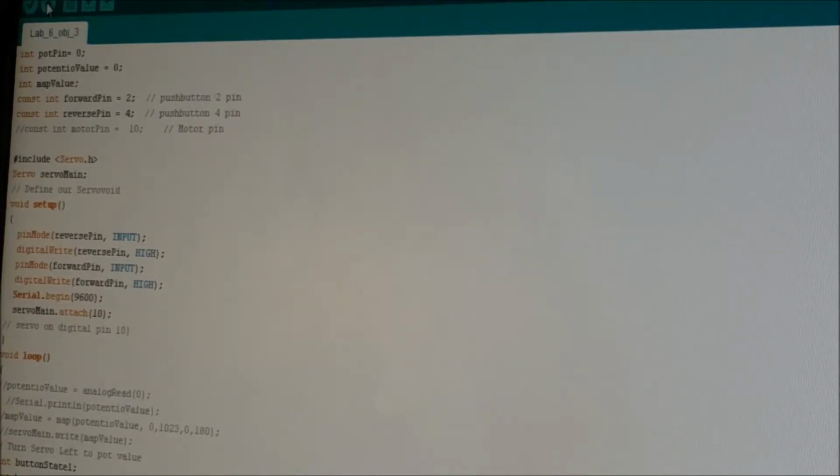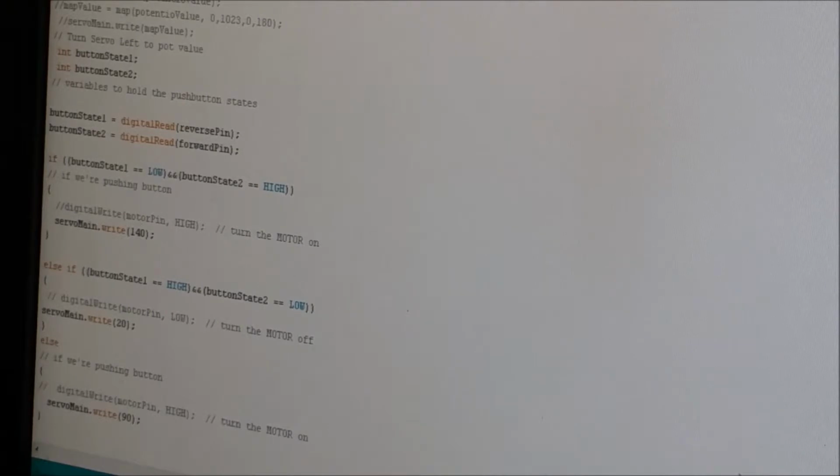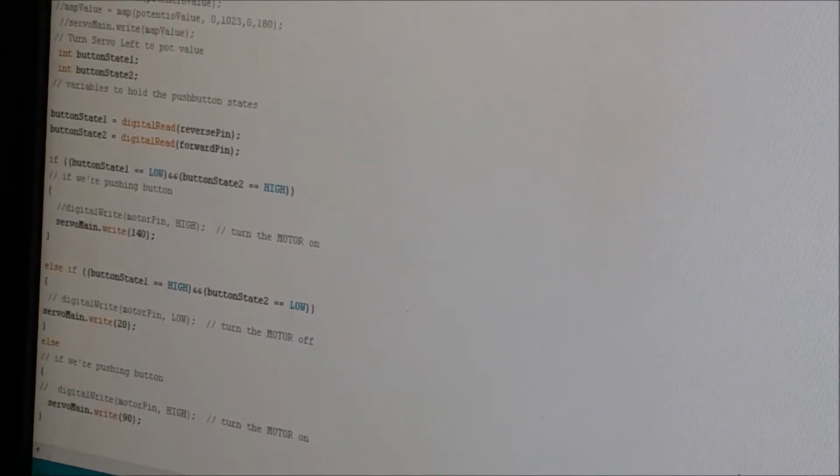Within my coding, I established the button states, and I did an if statement and an if else statement. As you can see down here below, you see the if statement, the if else statement, and then the else statement. Basically what that allows you to do is, whether you are pushing the button, it's either high or low, and based off of that it receives a signal and sends the value to the motor depending on which button is pressed. And for demonstration purposes,